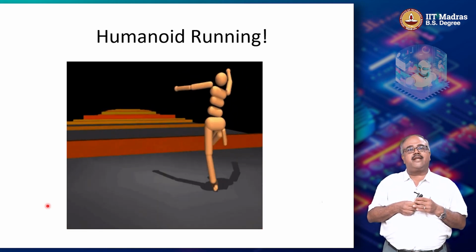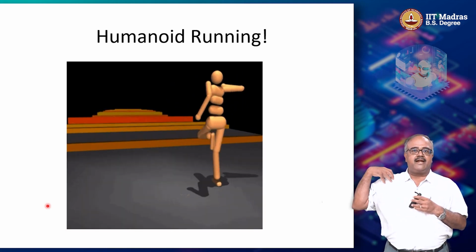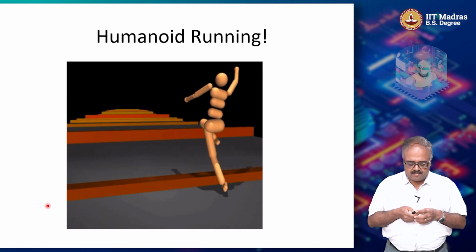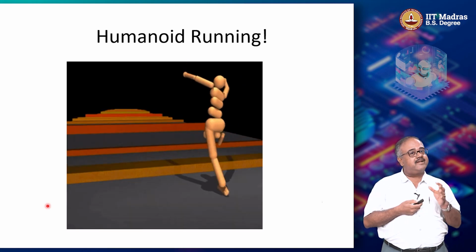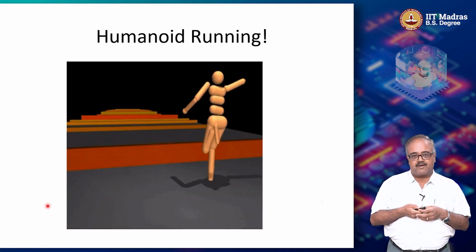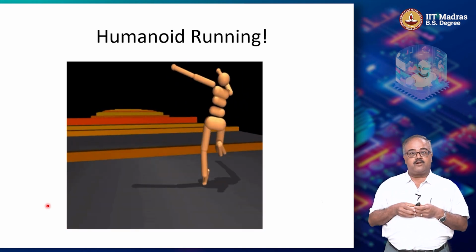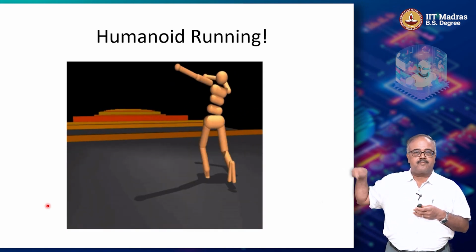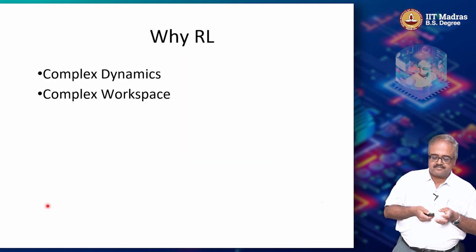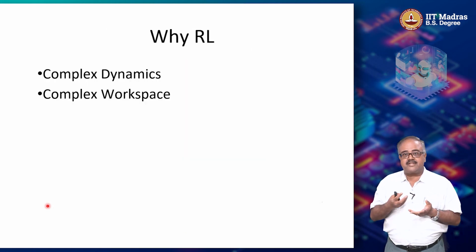And because it was not getting punished for swinging, I mean, we would feel tired after a while if we kept swinging the hand like that, but since the robot was not punished for swinging the hand, it learned something very unnatural. But again, it learned completely from trial and error. It's not like a human being taught it. If a human being had taught the robot to run, they would certainly not have done that. So complex dynamics is one part of it.